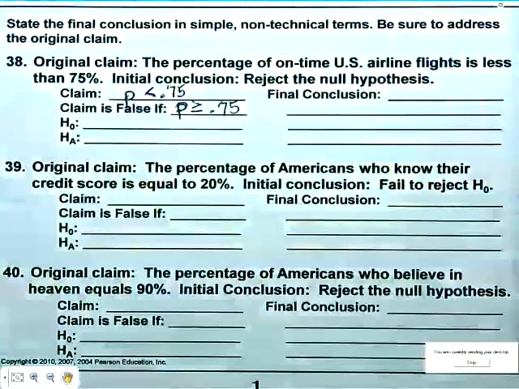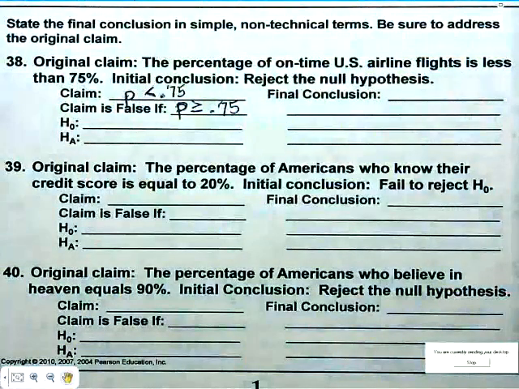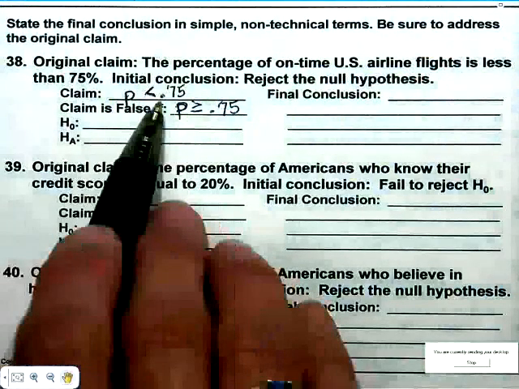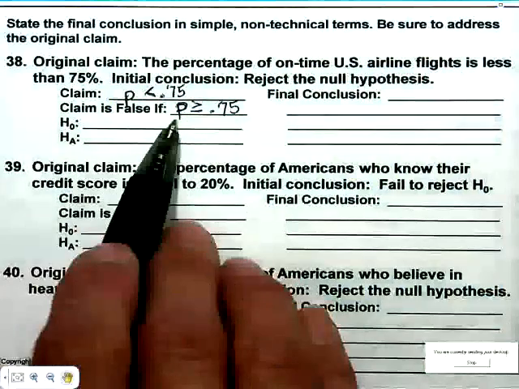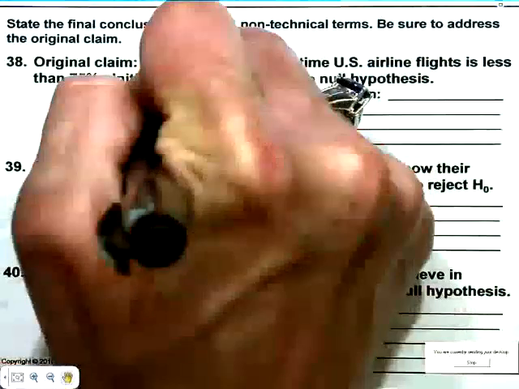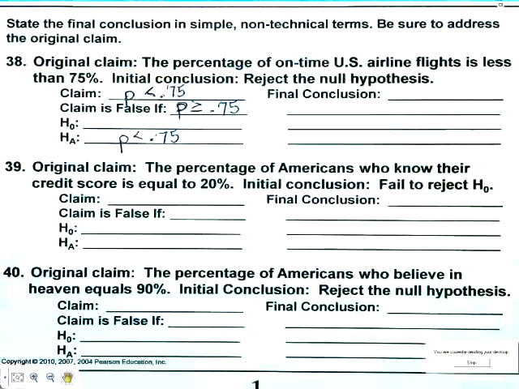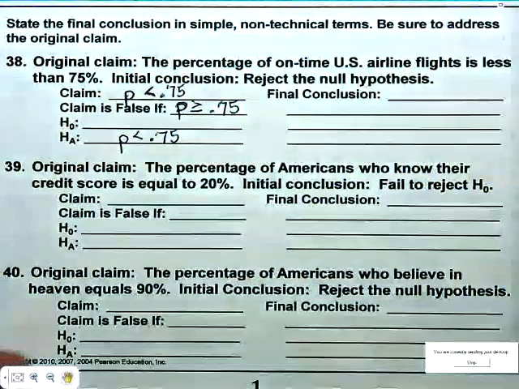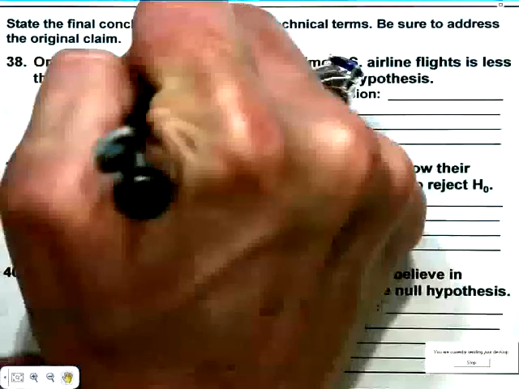So what is your alternate hypothesis? The one of these two that doesn't have the equals in it. The alternate hypothesis would be P is less than 0.75. And what symbol does the null hypothesis always, always, always have in it? P equals. So P equals 0.75. So far,